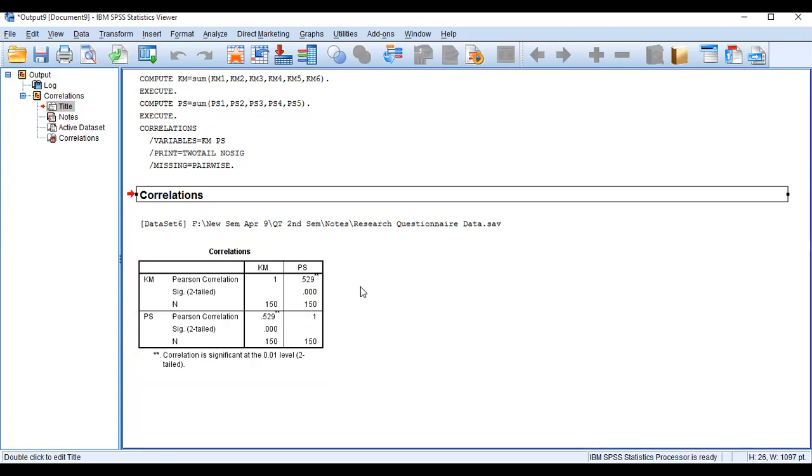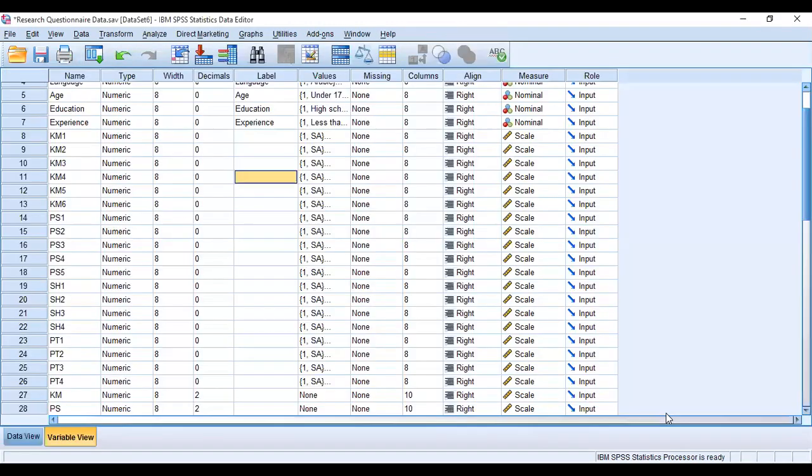One thing that we need to discuss is that this is called bivariate correlation analysis. Another type is multivariate, which involves two or more variables. So if in our case we are going to perform the correlation analysis on more than two variables, how do we perform it? So have a look.